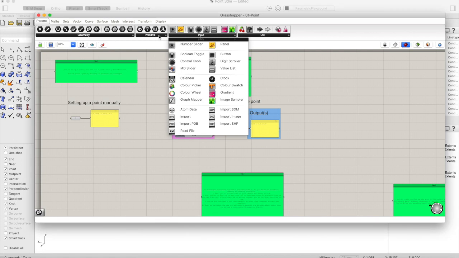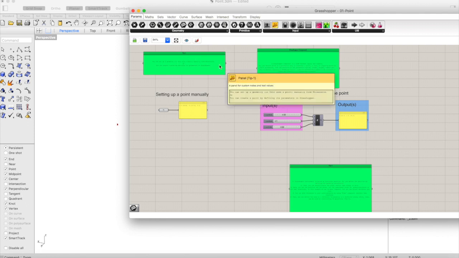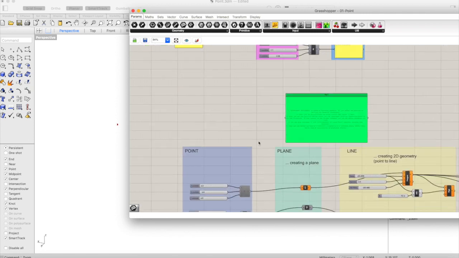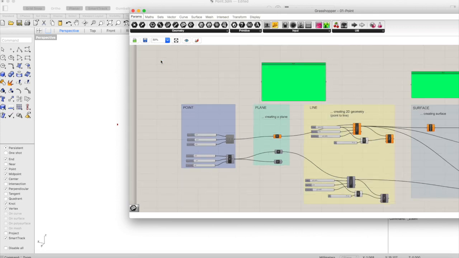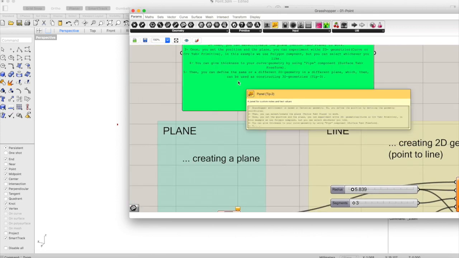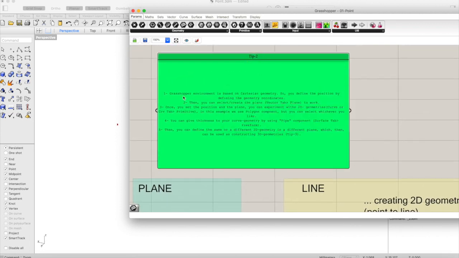and etc. In each code, you will have these green panels, and in these green panels, you will find relevant information and tips regarding the code. So you can go through the code and then come a little bit closer. Let's say, now this is not very close. So for instance, there are tips